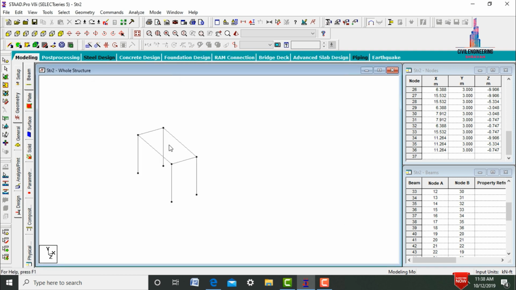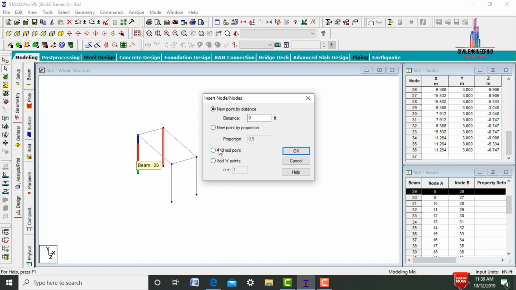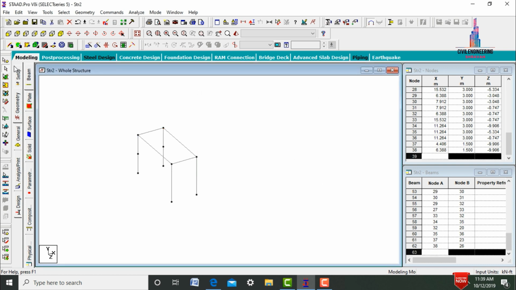Select your 3D model here. So after that we need to create the landing for this respective house initially. For that select these two beams. Click on insert a node point. I am selecting a node point at the midpoint. Click on OK. After that select the node cursor option. We need to select these two node points.